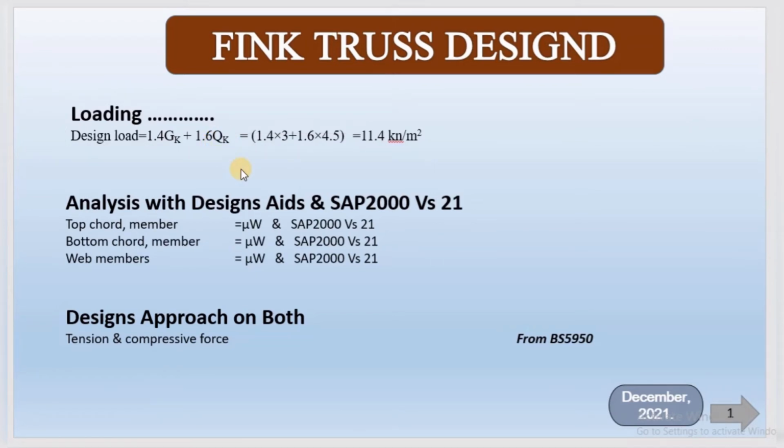After the loading condition of the truss, the next thing to do is to analyze for the force in the top chord, bottom chord, and web members. Don't forget to do this, either you use the joint method or method of section. But what I'm going to take you through to design this type of truss is to make use of the coefficient method. I'm going to give you a simple way to determine coefficient values to multiply by the load on the truss in order to determine the forces in the top and bottom chord as well as the web members.